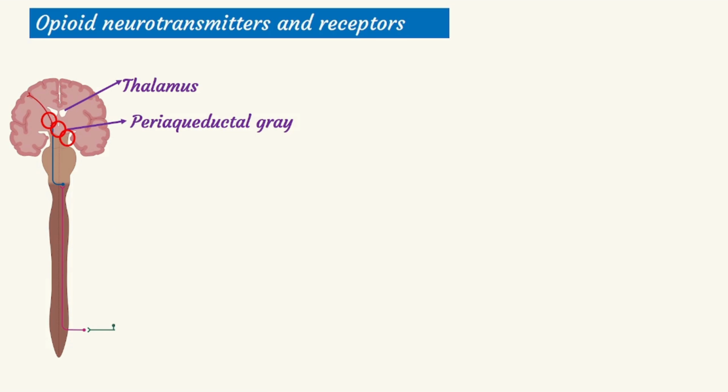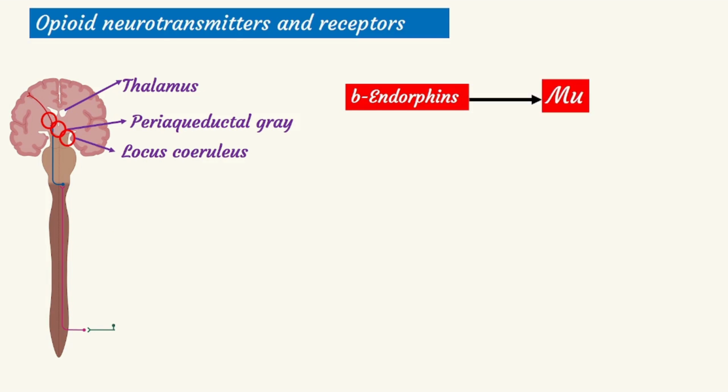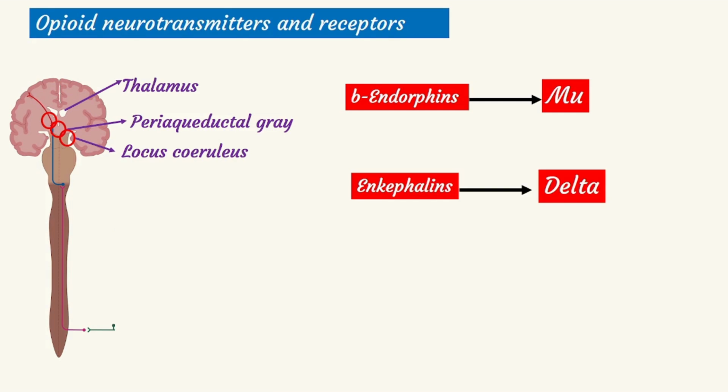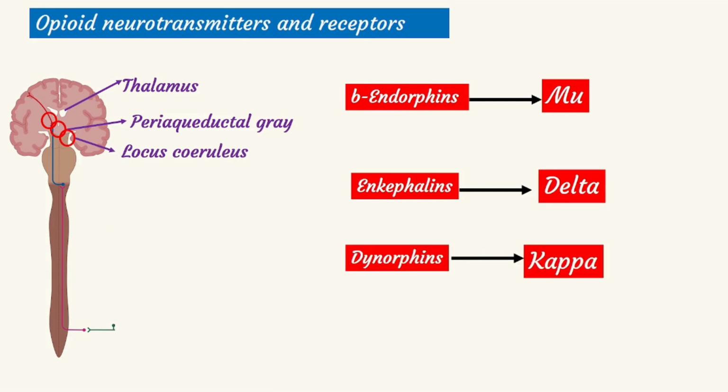Those neurotransmitters are activated and released mainly in the primary sites thalamus and periaqueductal gray areas, and in those areas neurotransmitters like endorphins and those peptide-type opioid neurotransmitters are released. Endorphins primarily bind to the mu receptors, enkephalins primarily bind to the delta receptors, and dynorphins primarily bind to the